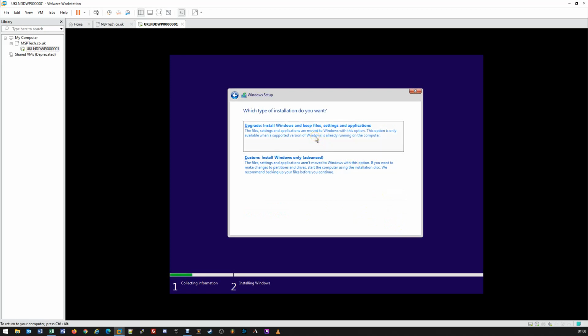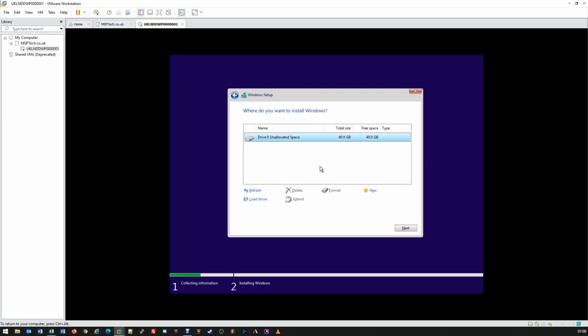We can go ahead and upgrade the existing installation, or we can look at a custom installation for the operating system. Typically, if it's a brand new build, you're going to want to go for the Windows install only. If on the other hand you have a previous machine such as Windows 8 or 8.1, similar, etc., you might want to go for the upgrade. But again, we're going to assume this is a brand new build and we're just installing the operating system for the first time. So we're going to go ahead and click on Custom Install Windows Only,